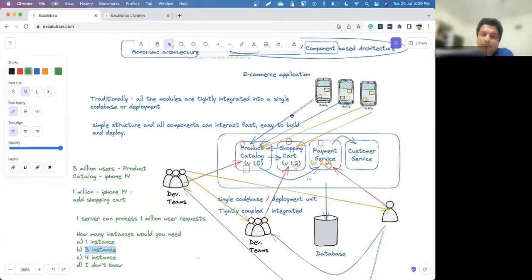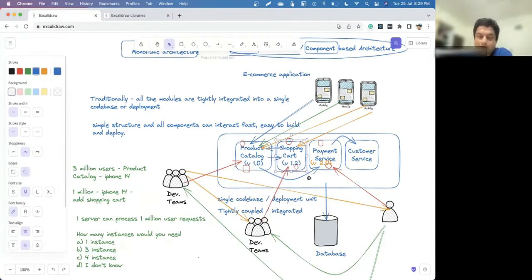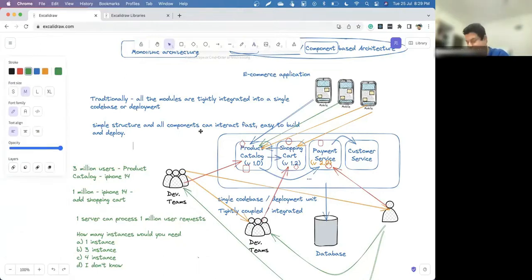But if you see, shopping cart is being used by only 1 million users. And let's assume out of all these, if there is some complaint, they will call customer support. After 1 million, maybe only 1,000 users go to customer support. Maybe they have to return an item, or they got a defective item, or they have some issue with the payment, etc. So here you still see that you will need a very powerful instance, because product catalog is being used by many